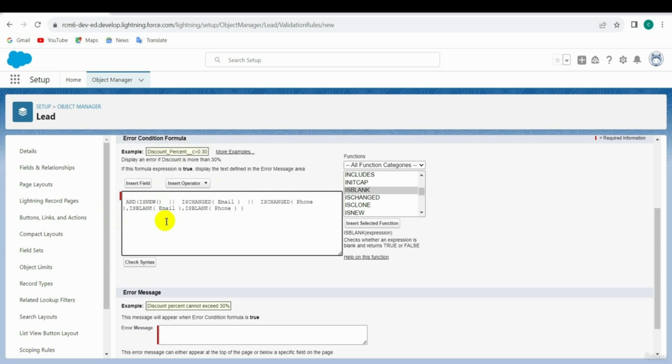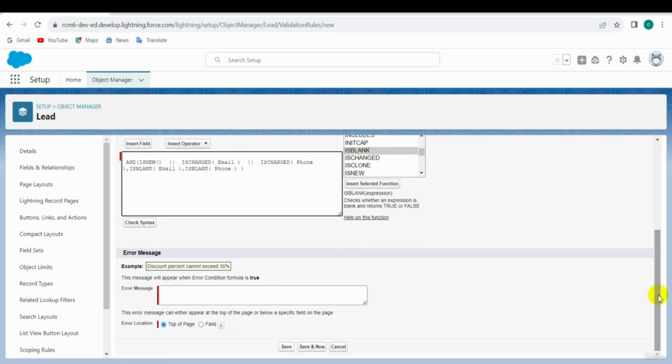Okay, so now I am going to the error message. Okay, so in this, the error message is the most important. Okay, so now I am inserting, suppose I am using this message, so it creates either email or phone are required. Okay,